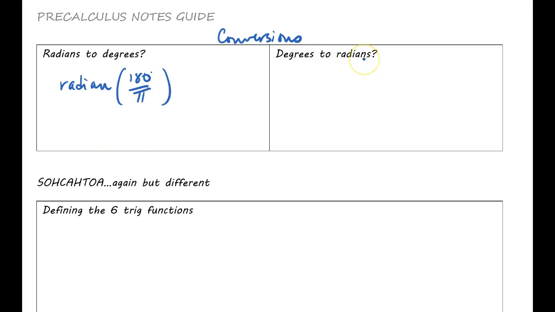Degrees to radians, okay? So now the other way, if you have a degree and you want to turn it into radians, it's the same thing except you flip-flop this. The way that I used to remember it or teach my classes, I would say, think about what you want. If you want degrees, degrees is on top. If you want to get to radians, then pi is on top because pi is a radian, okay?